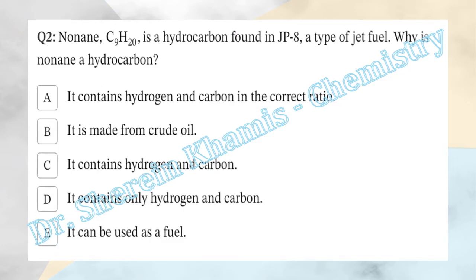Question number 2 says that nonene, C9H20, is a hydrocarbon found in JP-8, a type of jet fuel that we use in spaceships. Why is nonene a hydrocarbon? We want to know the reason for this. The first option here says it contains hydrogen and carbon in the correct ratio. Okay, yes, I think it's one of our options. The second one here,